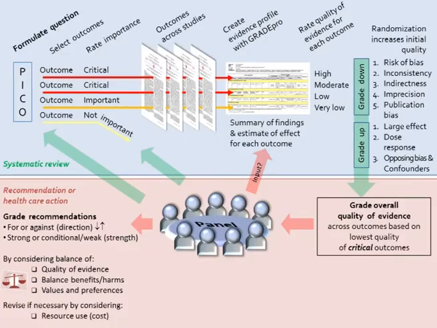The panel then makes a decision or a recommendation, and typically in GRADE we separate recommendations for or against an intervention, and we further separate this into strong or weak, also called conditional recommendations. A panel then looks at what other factors influence a possible recommendation, and these are typically categorized into 4 factors